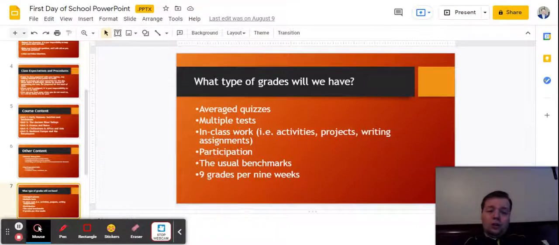One of the other grades that we're going to have are the benchmarks. Every 9 weeks, we have a benchmark given in the middle of the 9 weeks and at the end of the 9 weeks that will cover everything that we've really talked about. I'm going to work pretty extensively with the kids to review for these. Over the year, I'm also going to be practicing LEAP questions that will help them pass the benchmarks as well as the LEAP test at the end of the school year.